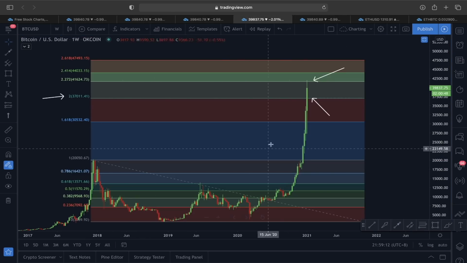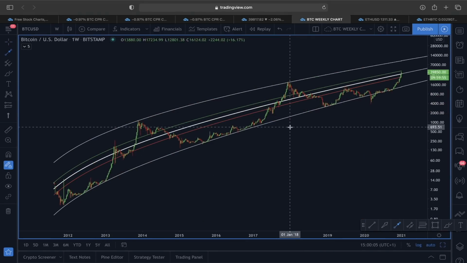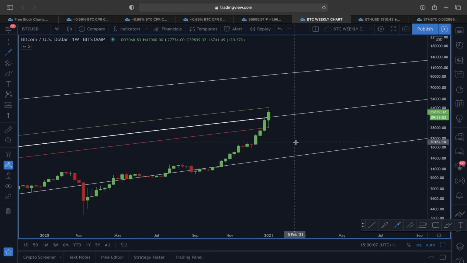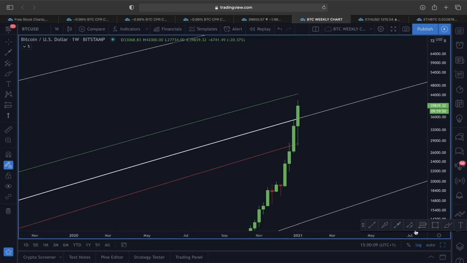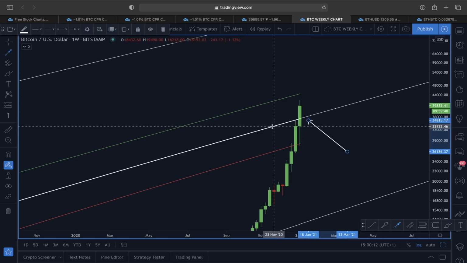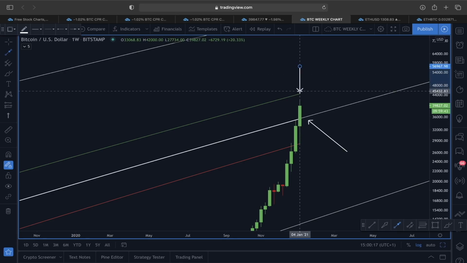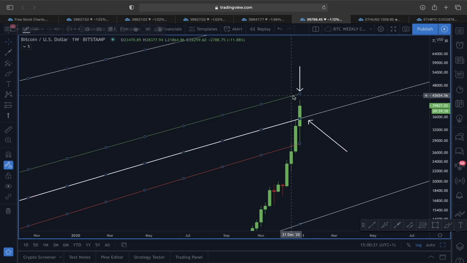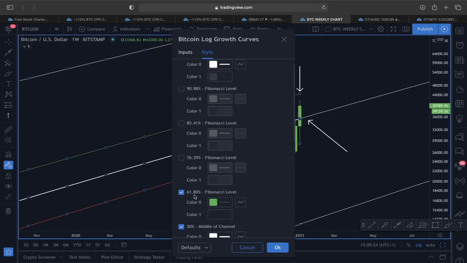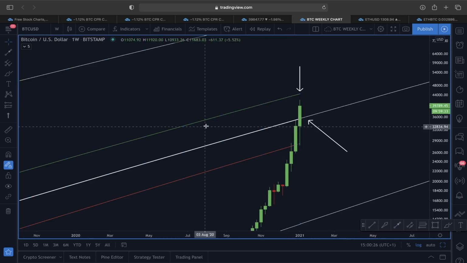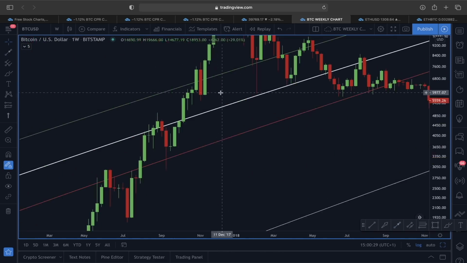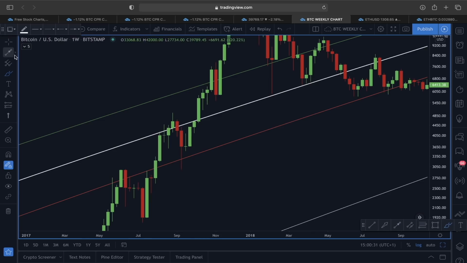And also, if we look at the same scenario using the Bitcoin logarithmic growth curve, as I've already said in my previous videos, since we have already crossed above this middle line area, where we could possibly be hitting is this line here, which is the 61.80 Fibonacci level. Because if we look at this 61.80 Fibonacci line, this is our target area, because every time the price was able to break above the middle line area, we actually came